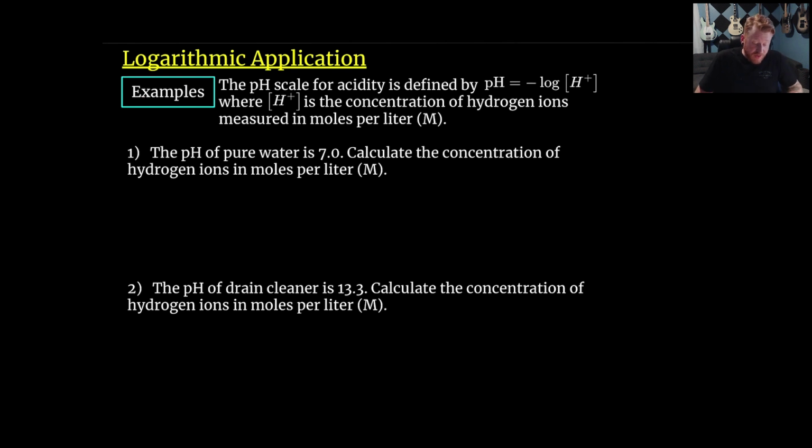So this is a logarithmic application. All the previous ones have been exponential applications. Here's a log application, and we're looking at the pH scale for acidity being defined by this relationship. This is just the way that pH is defined. You may have heard of the pH scale, and it is the negative log, and since it's not indicated, that's base 10, of this symbol, H plus, where H plus, I could be saying that wrong, maybe there's a different way to say that, but I'm just calling it H plus, is the concentration of hydrogen ions measured in